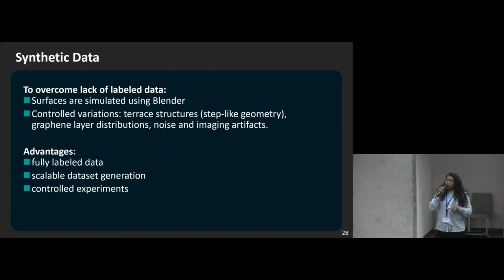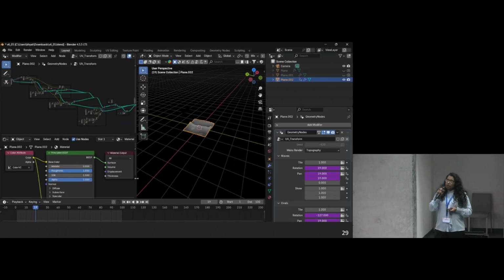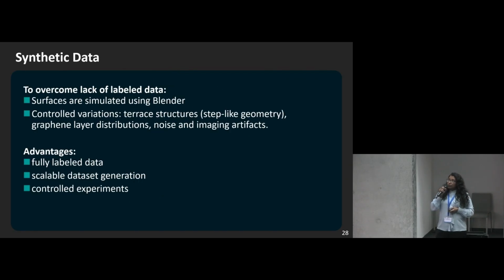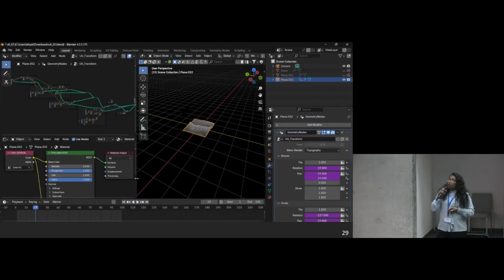So here also we have created a synthetic data generator scene in Blender because we don't have a lot of data. I just received one image from them, and we are still waiting for more data. So this project is still in progress. Based on that image, we have created the scene. It simulates the surface and the different terraces. This time it's created in geometry nodes; last was in the shader editor. Here you see just a plane is taken, and with the geometry nodes,